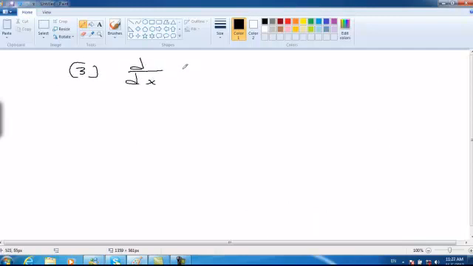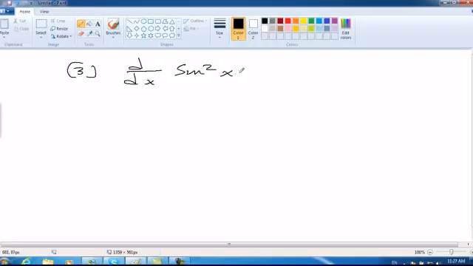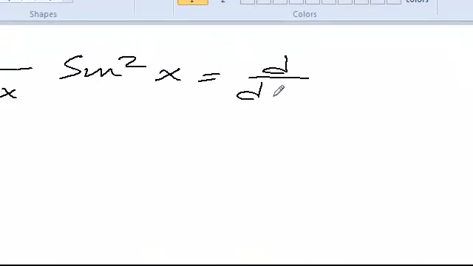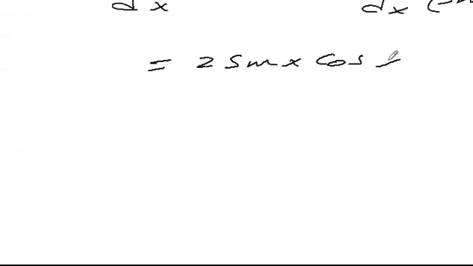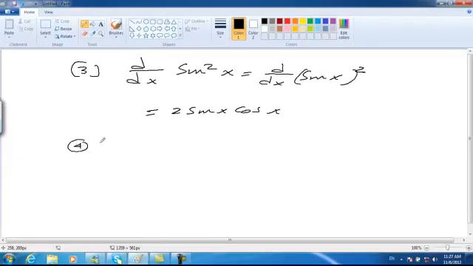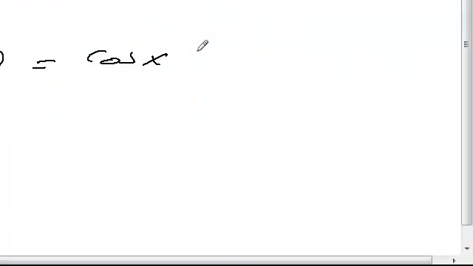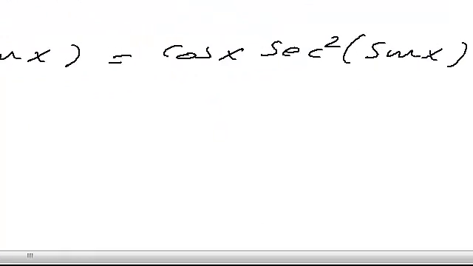Example 3: d by dx sine square x equals d by dx sine x all squared equals 2 sine x cosine x. Number 4, d by dx tan of sine x equals cosine x sec square of sine x. Number 5,